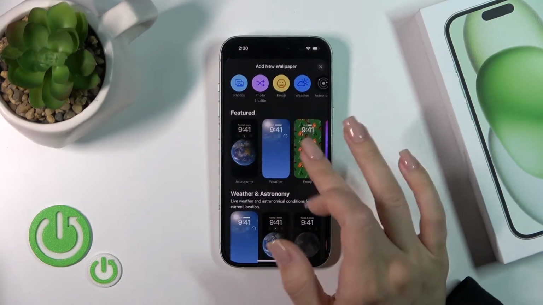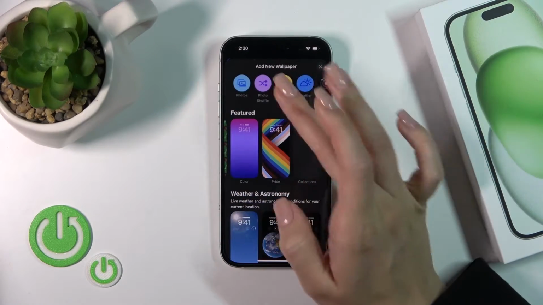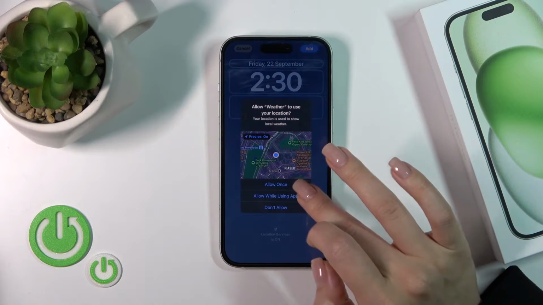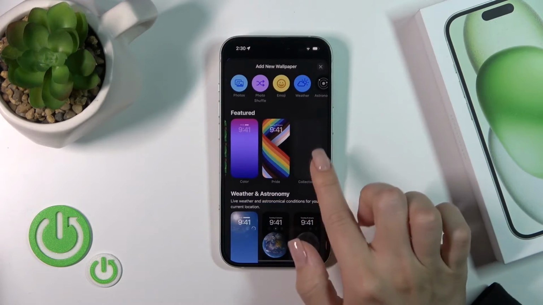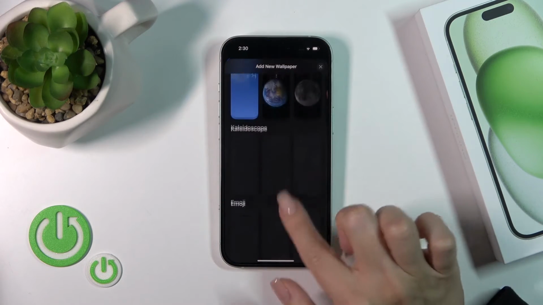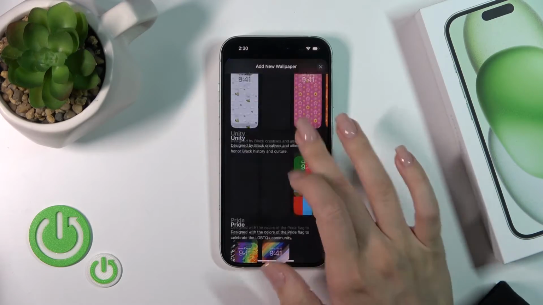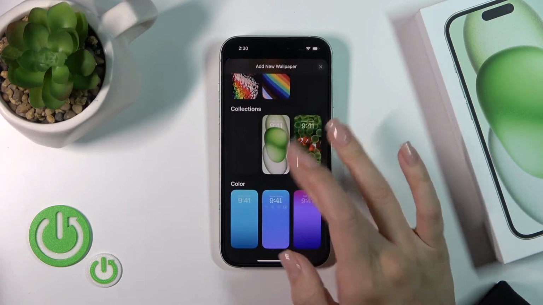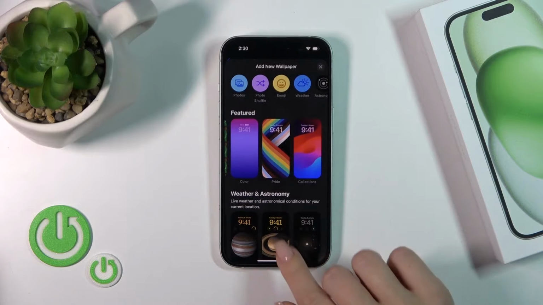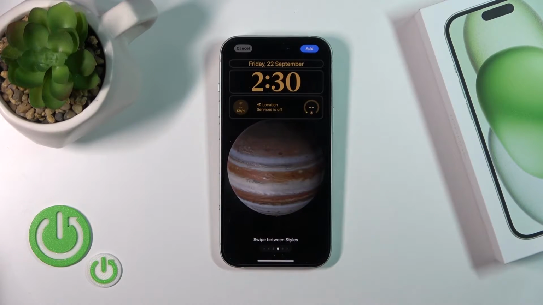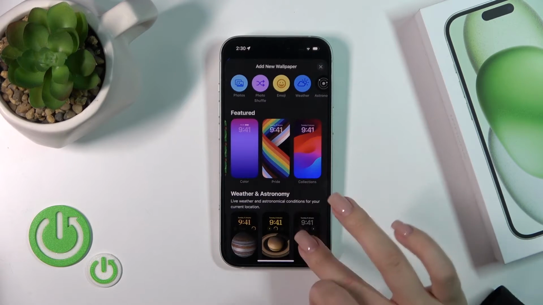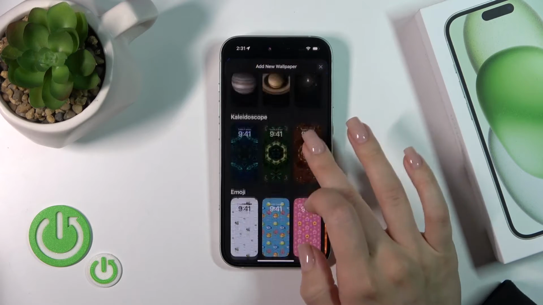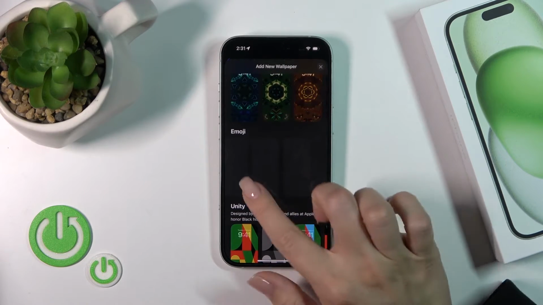your device gallery or create your own photo with the emojis or just with the help of the weather, or also select one from these available wallpapers. You could use them. As you could see here we got so many different wallpapers, so we could use the just astronomy and weather options, the kaleidoscope to create some